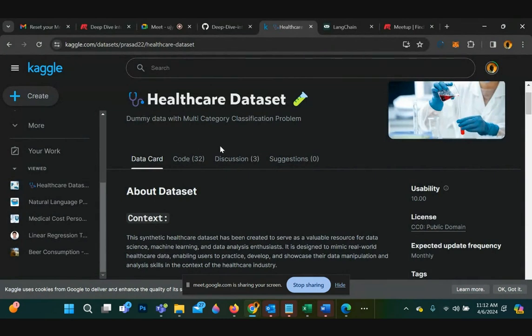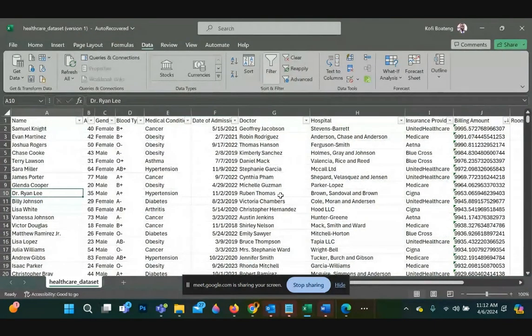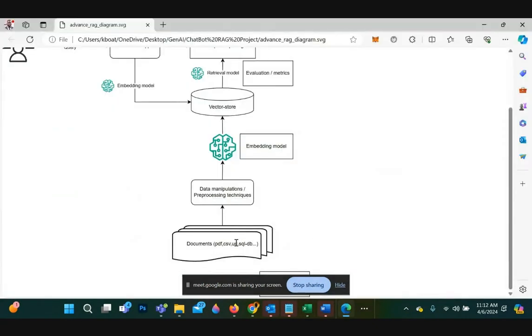So normally for a traditional application, you take this data and then you create different tables in your relational database to query, to load this data into those tables, and then you use SQL for query results. All right, but in our case here, we're going to use this differently. So going back to the architecture, so here we have our document, and then we have to do some data manipulations here.